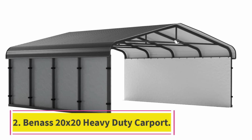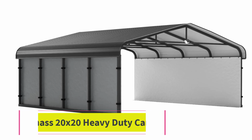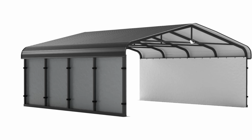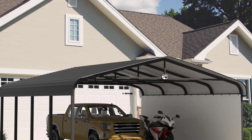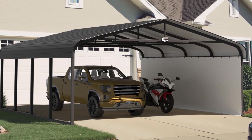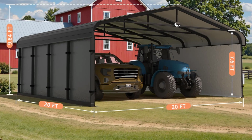Number 2. Benass 20 by 20 heavy-duty carport. The Benass heavy-duty carport is built to withstand all weather conditions. With a robust frame made of powder-coated steel and a galvanized steel roof, it offers superior protection for your vehicles. You can feel confident during storms, as it can endure winds of up to 120 miles per hour and heavy